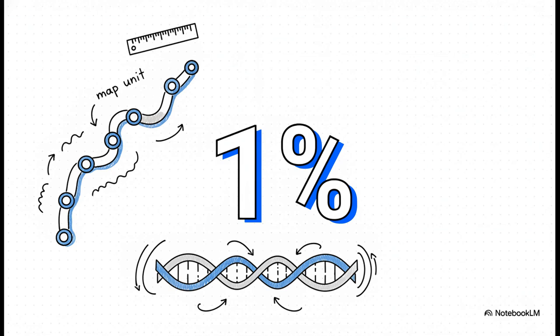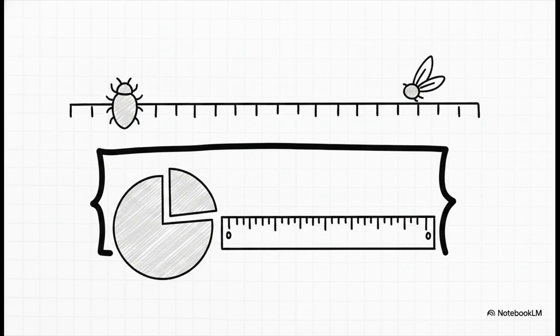Distances between genes are expressed in map units, and one map unit is equivalent to exactly a 1% recombination frequency. By the way, a map unit is also formally known as a centimorgan. This direct, one-to-one conversion is the whole reason genetic mapping is even possible. Applying that to our fruit fly data, our 16.14% recombination frequency translates directly, and I mean literally 1-to-1, to 16.14